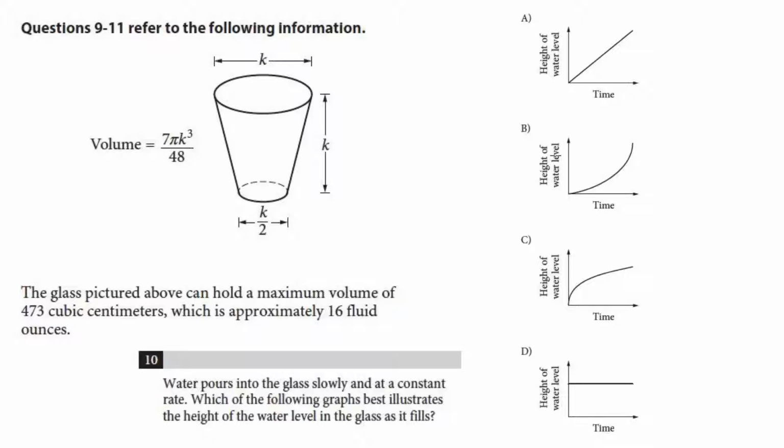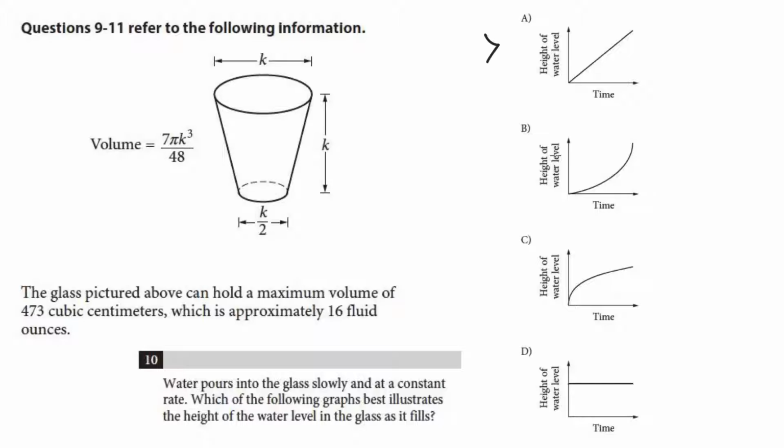Number 10. Alright, this is the same setup as 9. Water pours into the glass slowly and at a constant rate. Which of the following graphs best illustrates the height of the water level in the glass as it fills? So just looking at this right away, I would be tempted to pick A, because this has a constant. This would be the cup being filled at a constant rate. The elevation is increasing at a constant